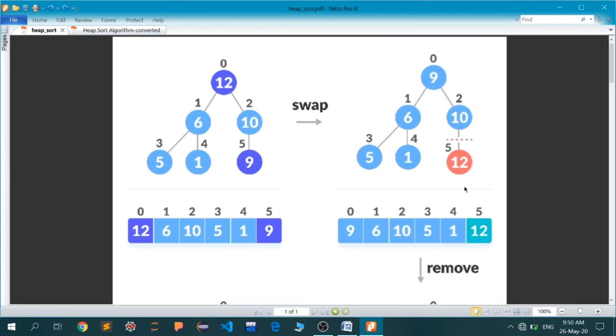When you call a heapify function, let me remind you, you pass the array. While passing the array, you will pass this whole array, but the total number of elements you will pass, that is, we have done 6 in the past, in this particular case, we will pass 5 this time. So we have reduced the total number of elements in the array.